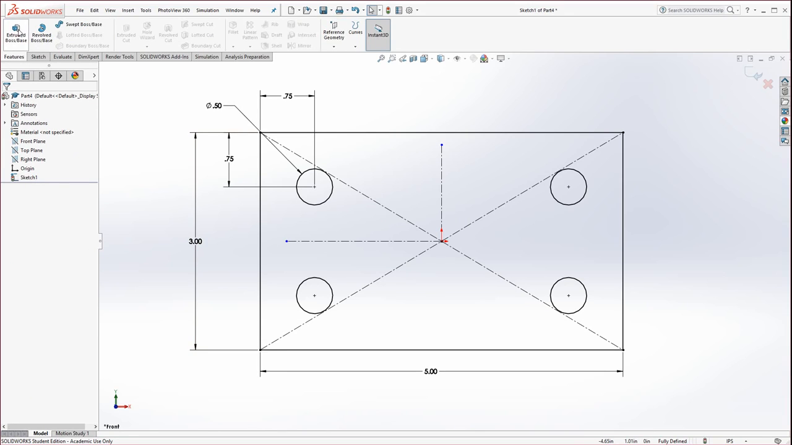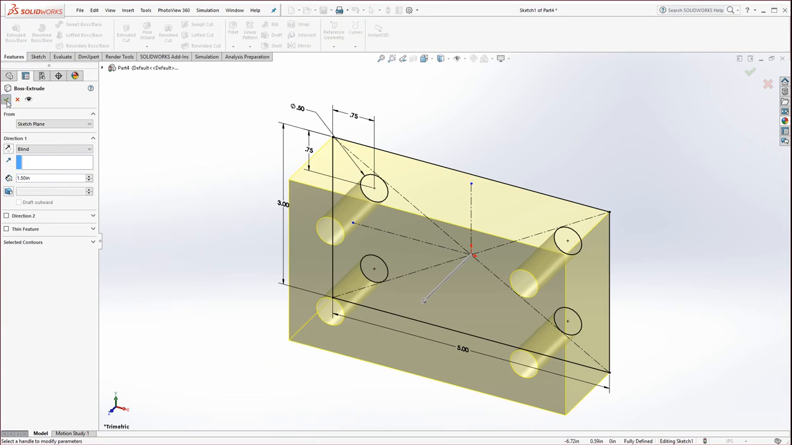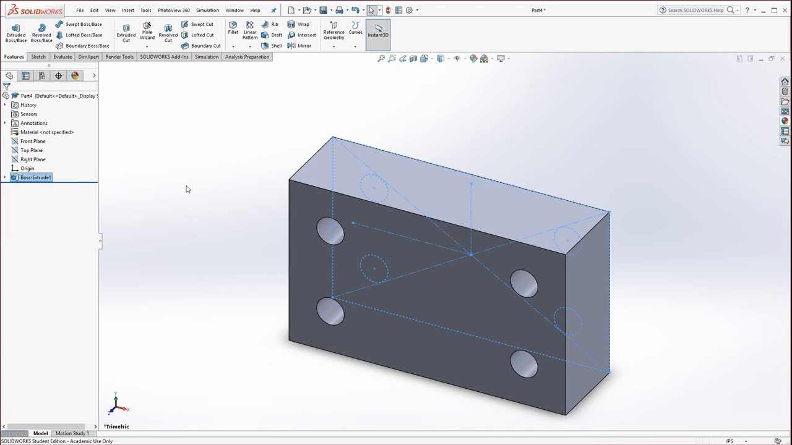So now I could go to features, extrude boss base, and the overall thickness is 1.5 inches. Hit the green check mark. Now there's a dozen ways you could have done this. This is just one way, by the way, I'm showing you. Now you could go ahead